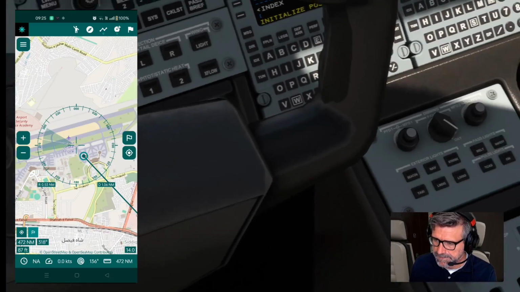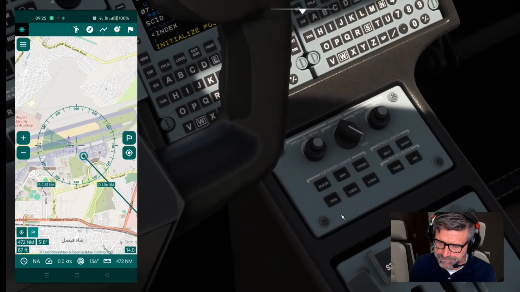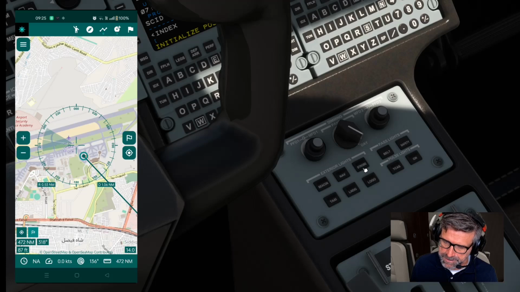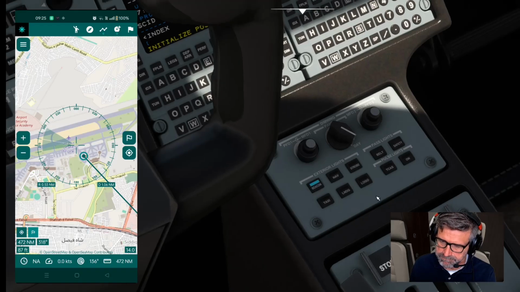We're not following the real checklist of a Citation because that's not the purpose, but anyway, we're going to start up our engines. Very easy. Our beacon on, and yeah,